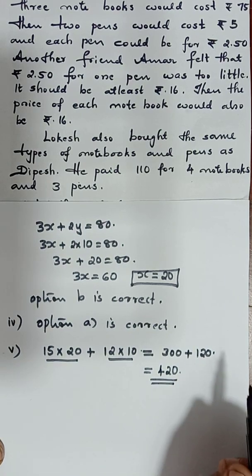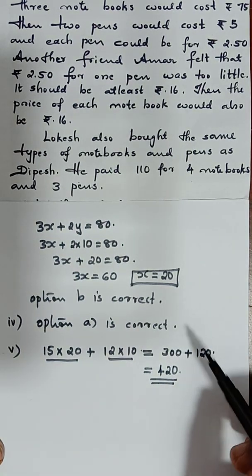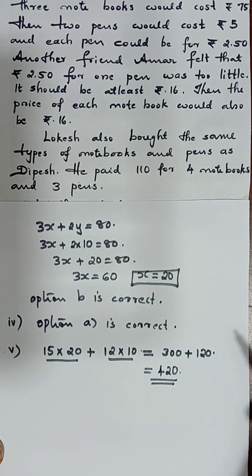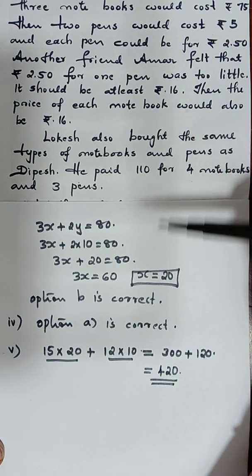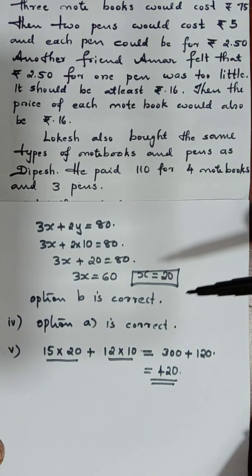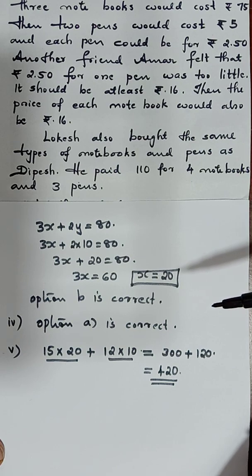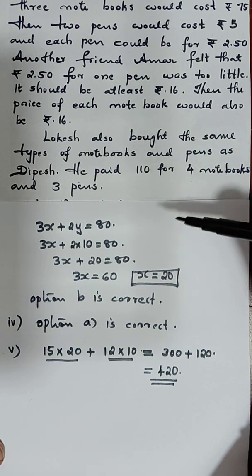In the examination, when you get this type of question, 5 options are there and we have to choose any 4. Under each question, 5 sub-questions will be there, and you have to choose any 4 and answer. Here, when you are doing it in class, you have to complete everything.